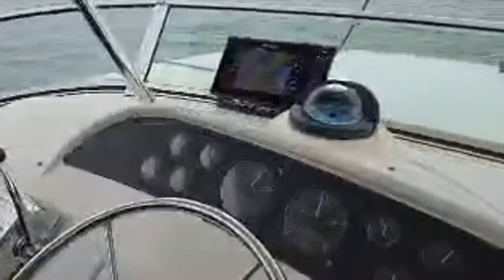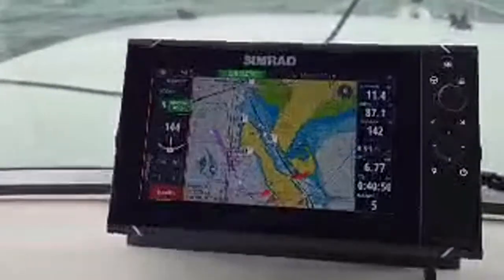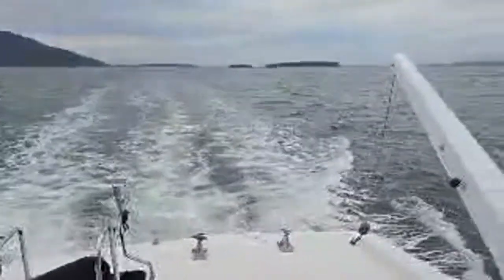And we are underway, headed to Anacortes. Again, the NSS 9 up here, and we're currently traveling 11.4 miles an hour, and we are 40 minutes to our destination. Anyway, that's a tour of the Off Leash, a Bayliner 4788 that is